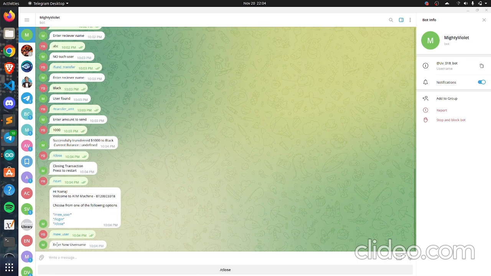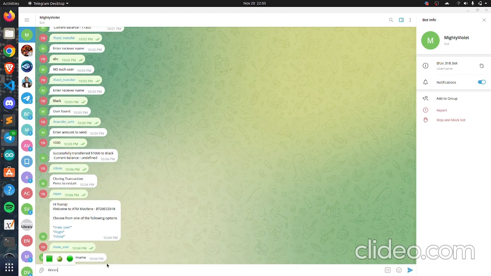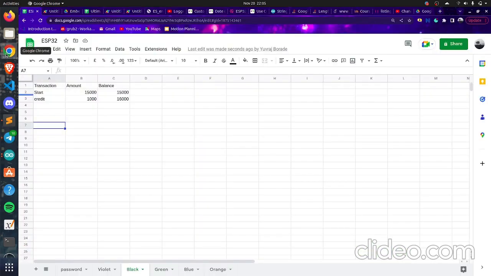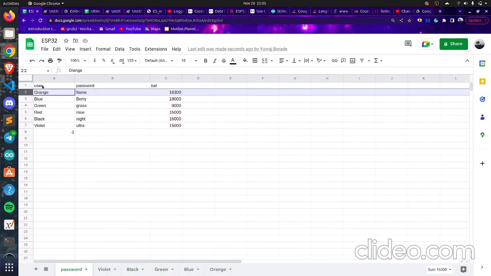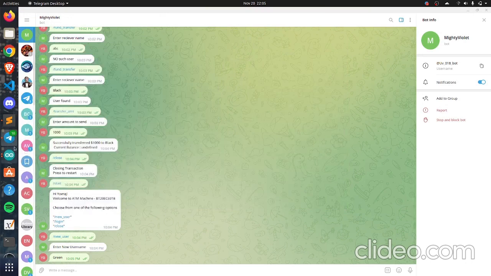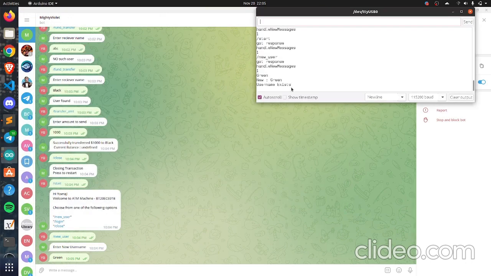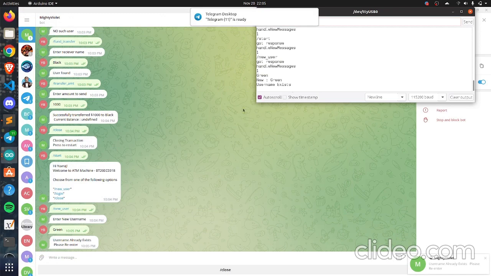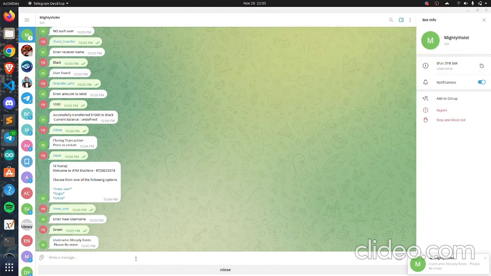So enter a username. Let's say I enter a user who already exists, let's say green. Green already exists, as we can see here. So it will throw an error saying that green already exists. So the username already exists, we have to enter another name. So I'll enter another name, let's say brown.